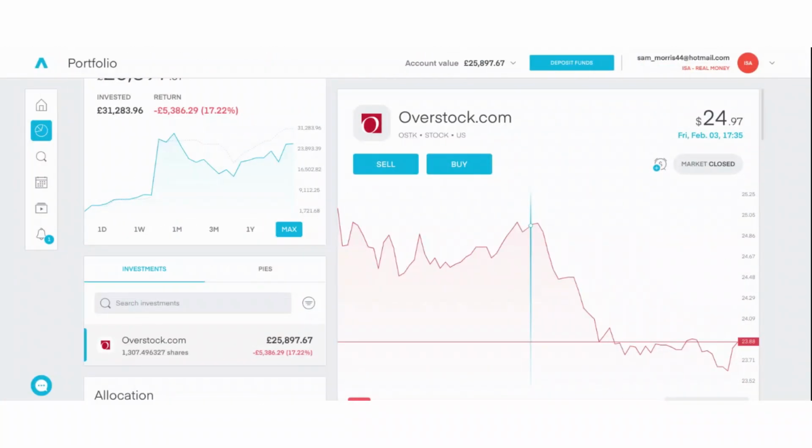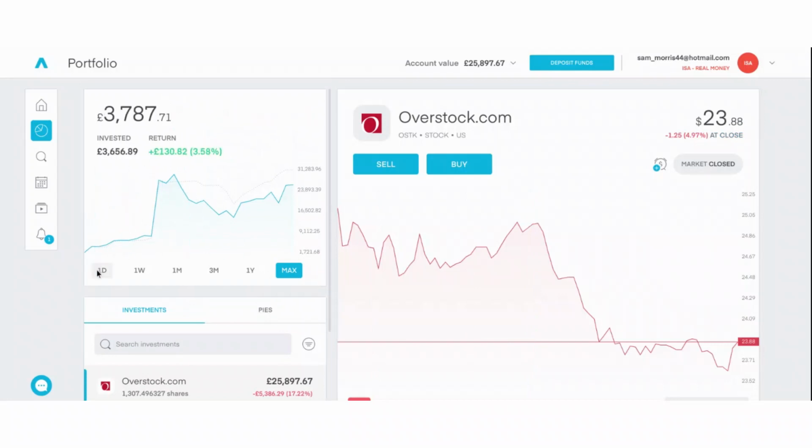So let's break down a bit more of how you can track your portfolio. If you see here, you can track your portfolio through the 1 day, 1 week, 1 month, 3 month, 1 year, or max. You can see how much you've invested, and then if you've invested more, it will jump up. And then as you buy or sell, depending on your investment,